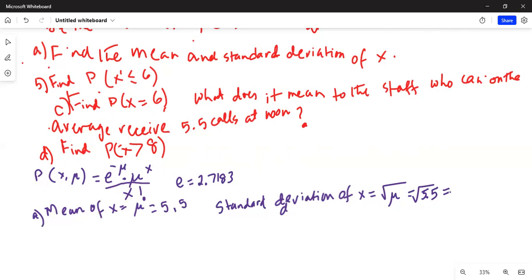With the TI-84 calculator, press second and x squared, which is the key in the middle of the first column of keys on the left. Second x squared gives you the square root. Inside the square root, type in 5.5, and the answer is 2.345. So that's the standard deviation of x. Part B,